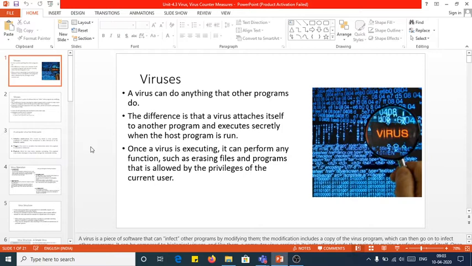Either a virus or any malicious software is nothing else than a program. It is also a program, but the purpose of that program or software is not constructive, it is destructive. A virus can do anything which other programs can do. You build other programs in the same way the virus program will be built. The only thing is that this virus program leads to destruction, and also one major feature